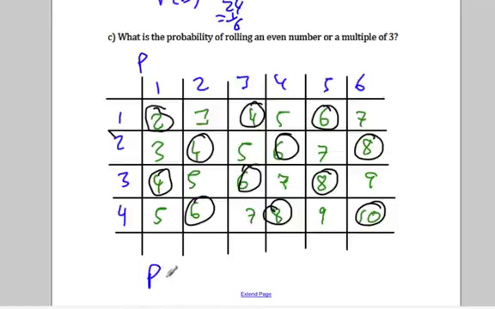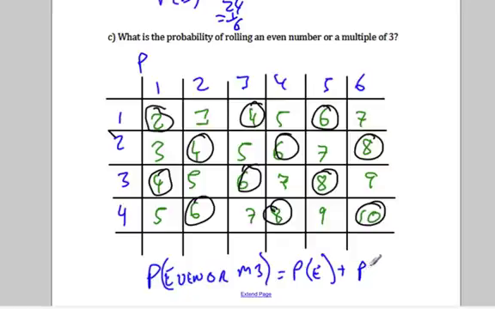So the probability of even or multiple of 3 is going to be the probability of even plus the probability of a multiple of 3 minus the probability of even and multiple of 3, because you can have an even number and a multiple of 3, which is our 6. So if I circle in red the multiples of 3,